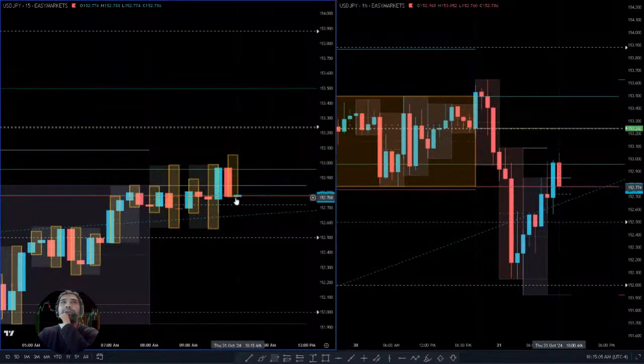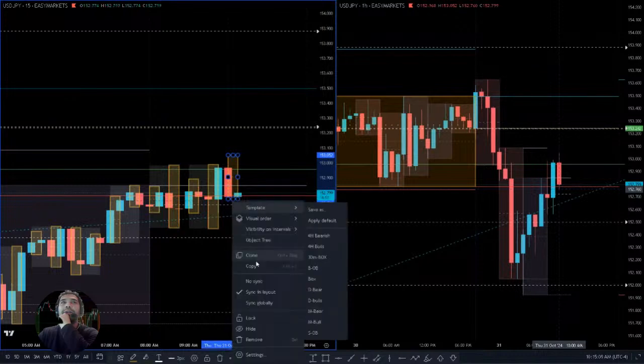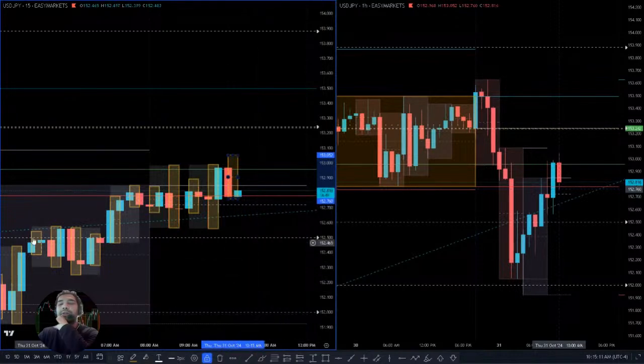Either there could be a continuation, and it is moving without wick, guys. We have to wait for price. There is a chance that it can go down, but if it forms a good wick here, and